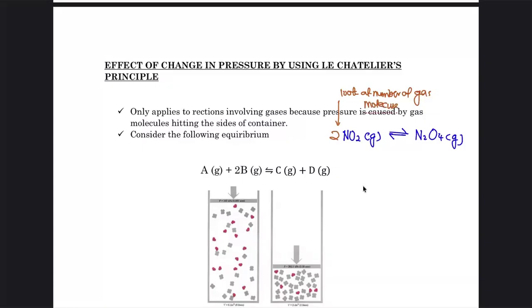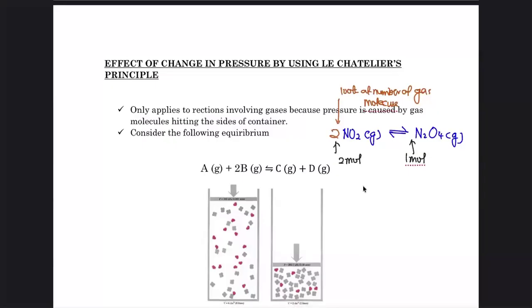At both sides. So here you have 2 mole, and here I consider 1 mole. Here you got 2 mole, here you got 1 mole. So my left side has more gases. I keep using NO2 and N2O4 as an example. Right side has fewer gases, 2 to 1. Now when my pressure increases,